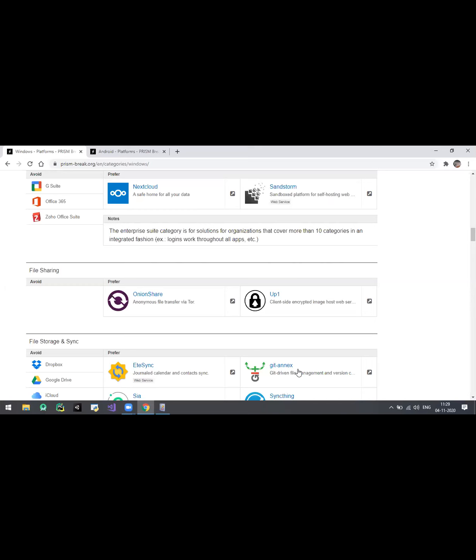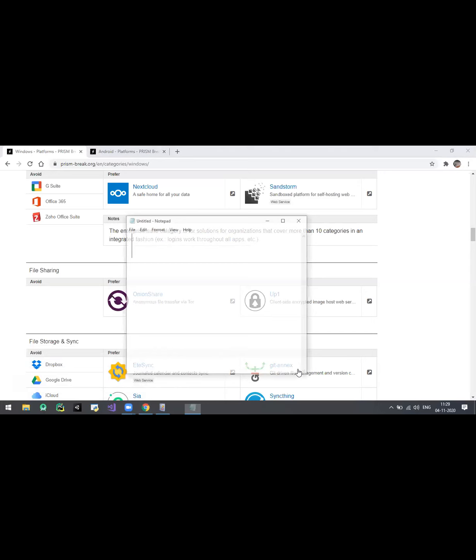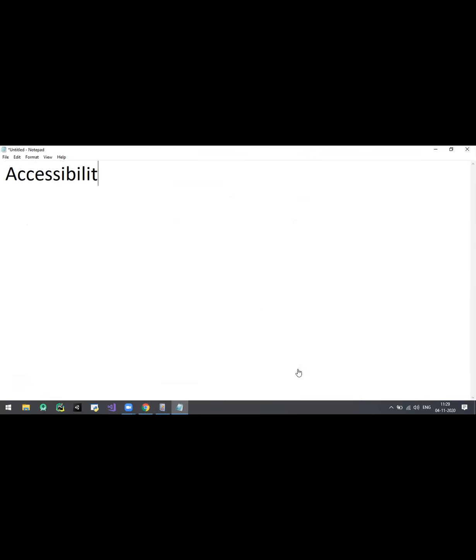Okay, so important point, how to secure it. I'll tell you a few points. Never give accessibility permission to anyone. Second point,